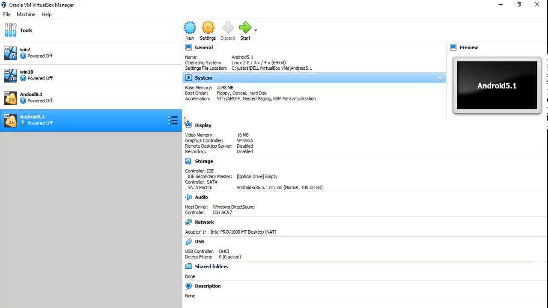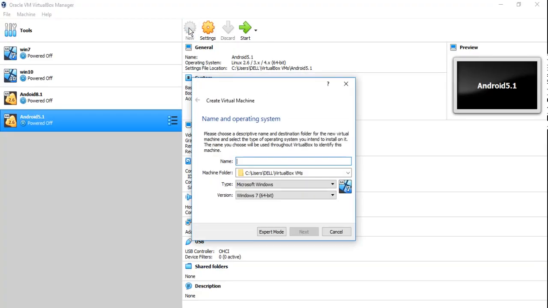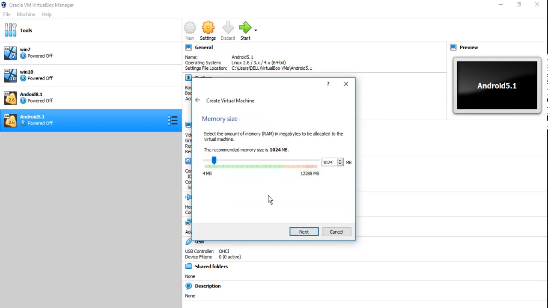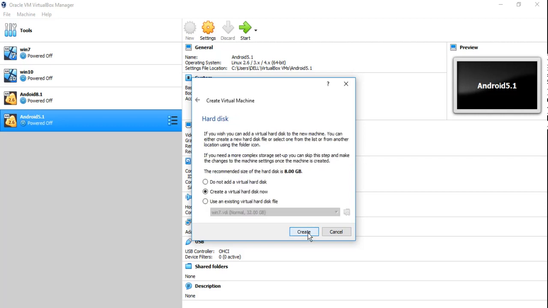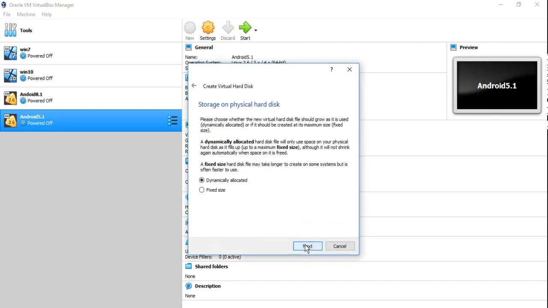Now open your VirtualBox, click on new, name your new virtual machine, that is Kali 2.0, select the type, which is Linux, select the version, which is Debian 64. Here you can assign the RAM. As you can see, I have 12 gigs of total RAM on my physical machine, so I can give some more RAM, but 1 gig is sufficient. Okay, you may go with it. 8 gigs is sufficient. Click on create, click next, again next,